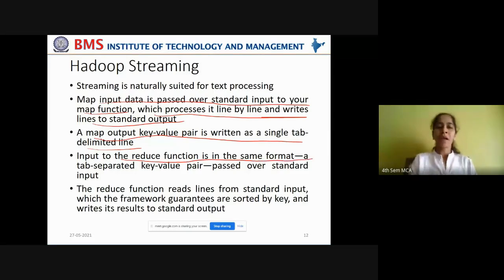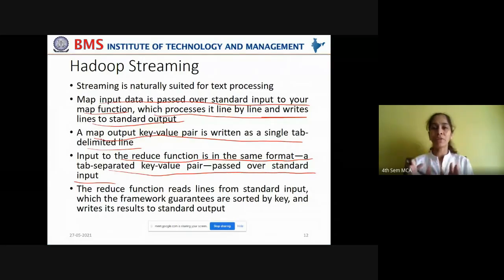And input to the reduce function is also in the same format, a tab separated key value pair passed over the standard input. So whatever is the input given to the map phase and reduce phase, or whatever output they emit, all of these are in the format of key value pairs only, irrespective of the language you are using to write the map and reduce function.